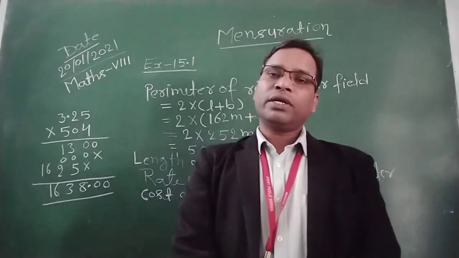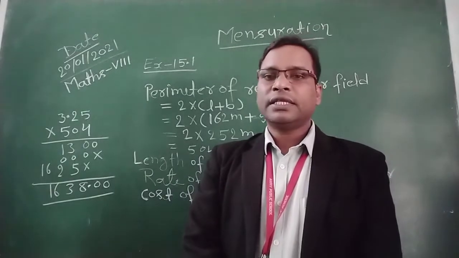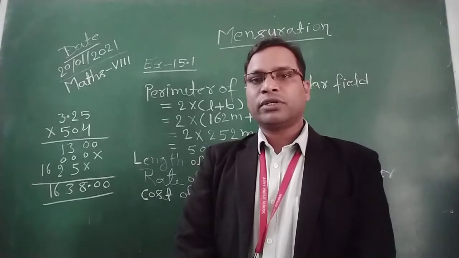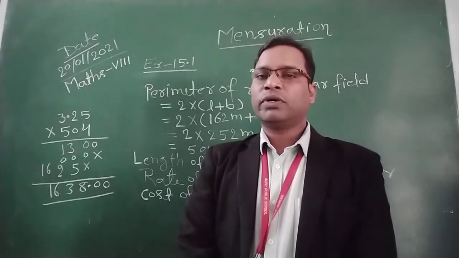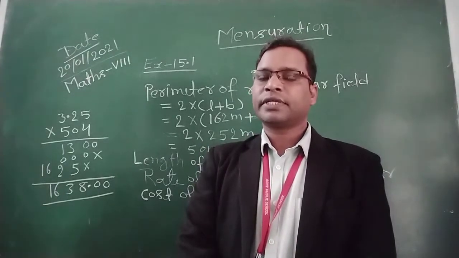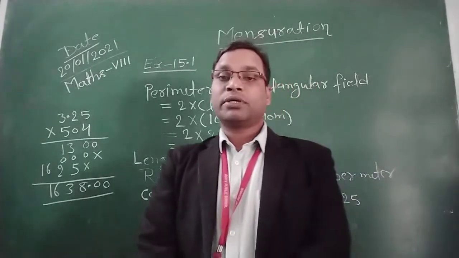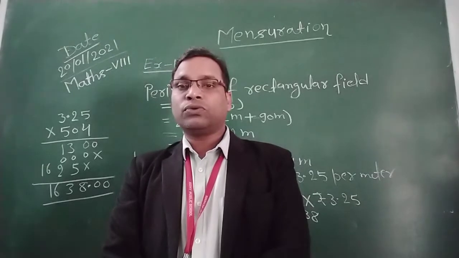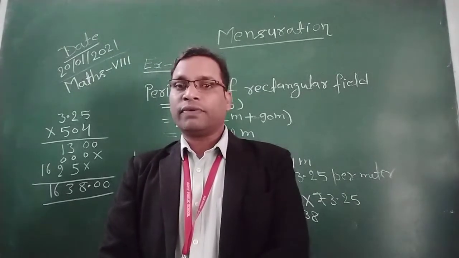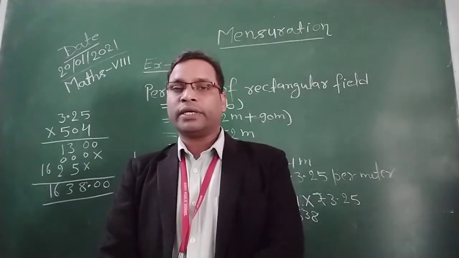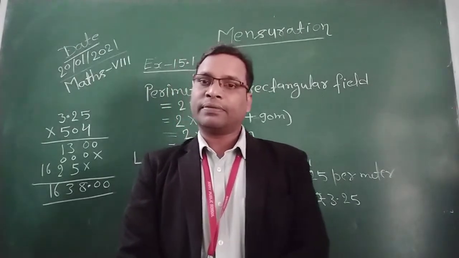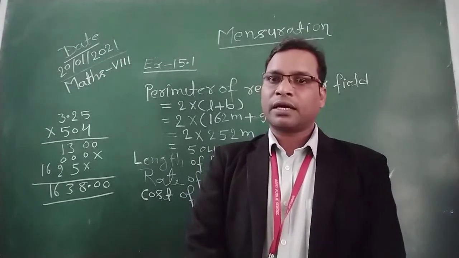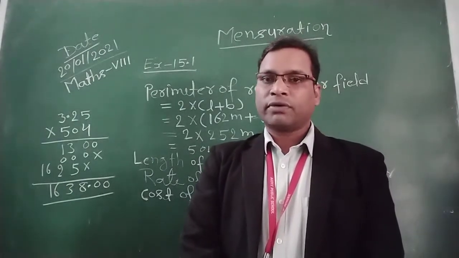Now, in this way we find the length. Length is 9x, and here we found the value of x is 18. So length is equal to 9 into 18, which is 162. Clear? And the breadth is 5x, and we have the value of x as 18. So breadth is equal to 18 into 5. This is equal to 80. Sorry, 90. Okay.